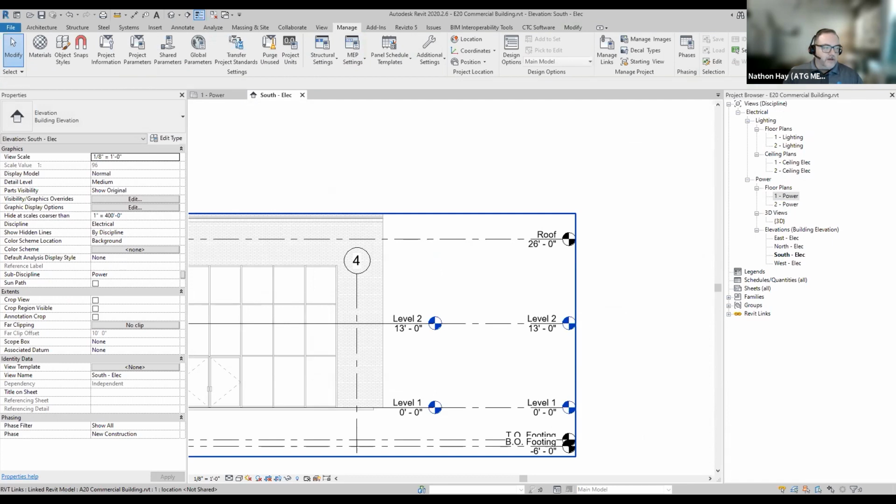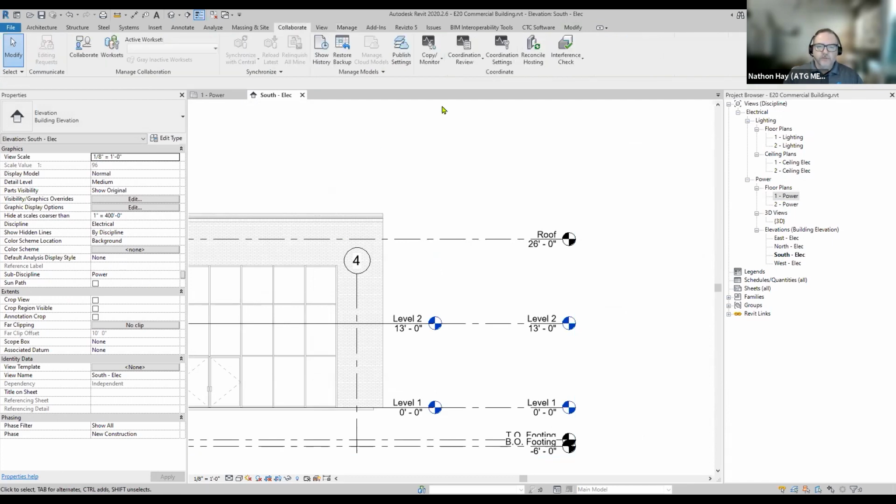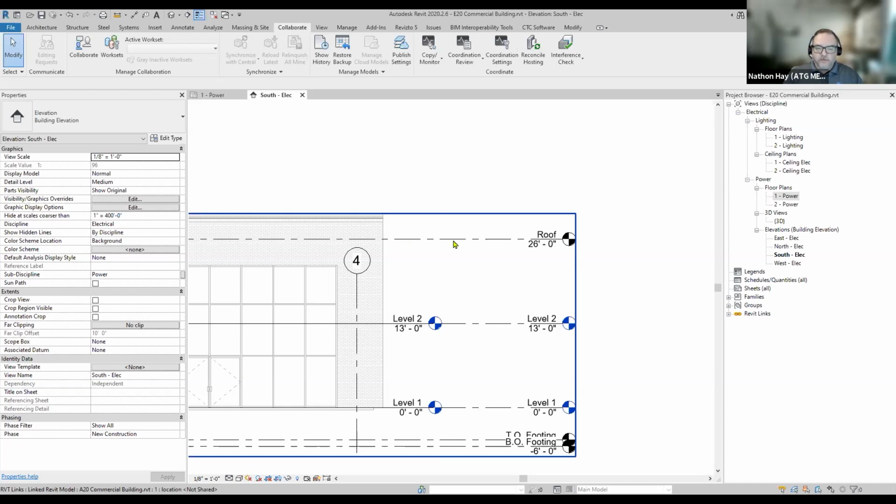I'm going to go a little too fast, but in the Collaborate tab we do something called Copy Monitor. You'll hear the BIM nerds in your company talk about that. You'll hear it in a lot of places. It basically just means we're going to duplicate this information in our model for our use, and we're going to monitor it